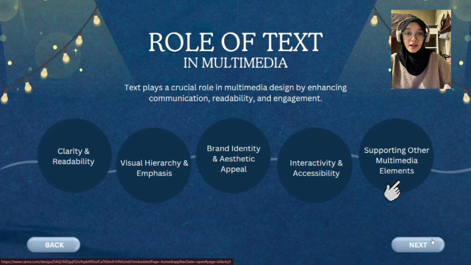And then next, additionally, text helps establish visual hierarchy and emphasis by organizing information in order of importance. Through font size, boldness, and placement, key points are highlighted to guide the viewer's attention. And then next, brand identity and aesthetic appeal are also influenced by text, as the style and design reflect the personality of the brand. Using appropriate fonts and colors not only keeps the content visually appealing, but also ensures consistency